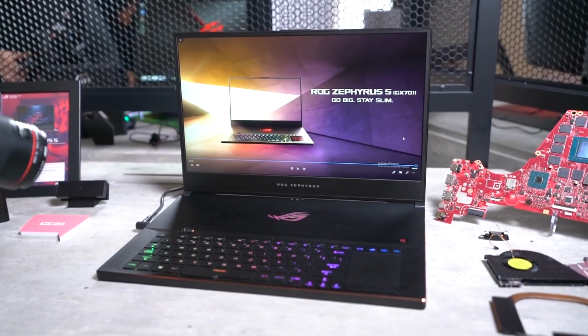I could talk about Mothership. I'm sure you've seen it in the news, but I'm going to save that for another episode that we're doing here on the TekThing channel. The one that I really wanted to speak about is called the 17-inch Zephyrus